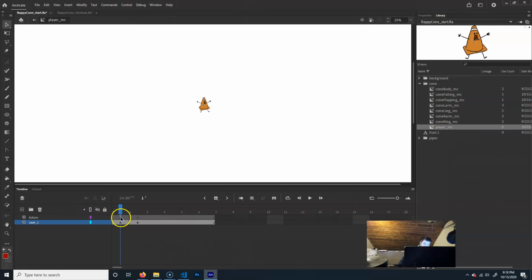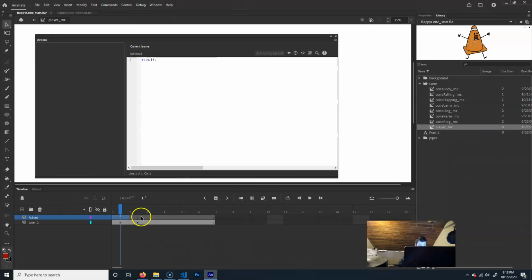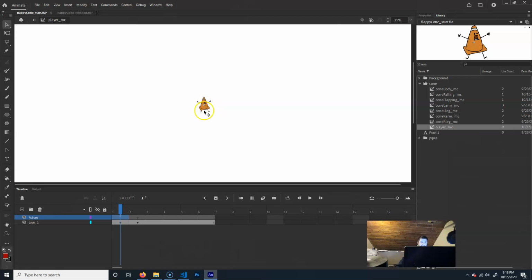So you'll see there's this action script here. So if I click on this, I'm just going to press F9 to open up action script. You'll see it says stop. So basically, when the game's playing, this is what happens. It's just going to be on stop, and he's just always going to be falling. It's just always going to keep playing that falling animation. All right. But if you click, I'm going to use code to tell this to go to frame 2, and